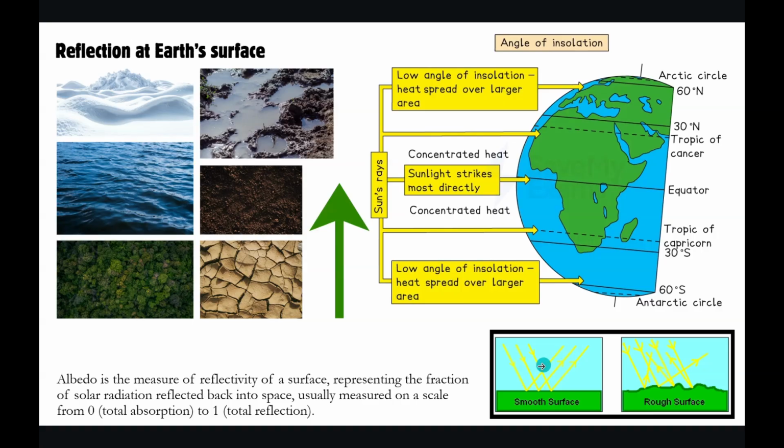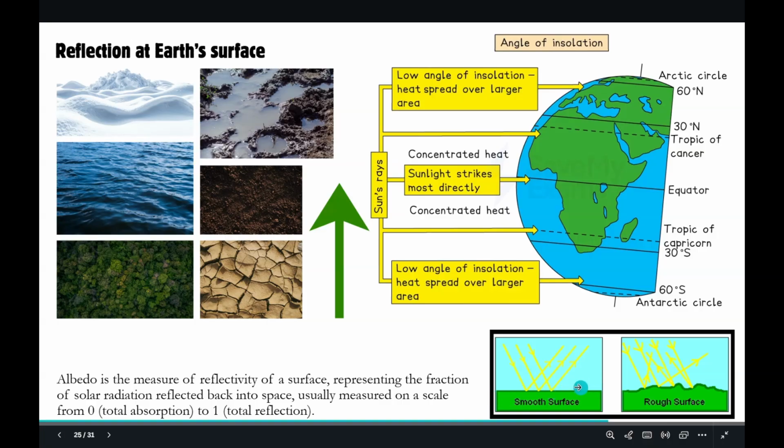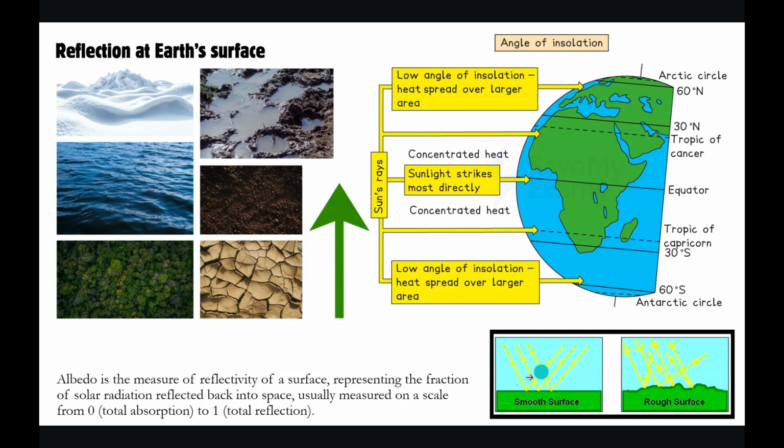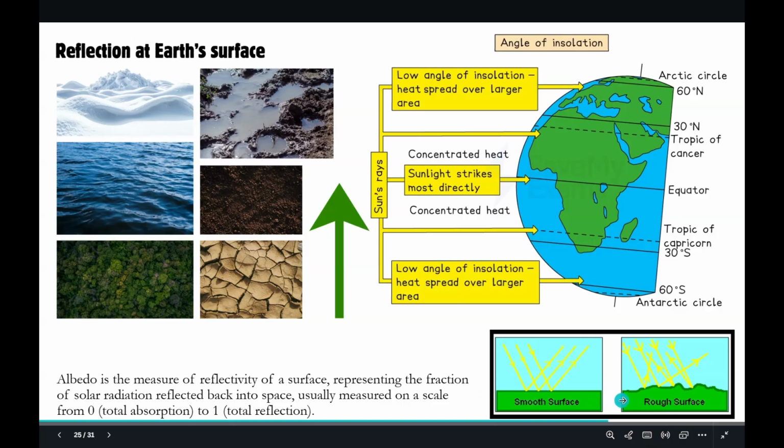Okay, so see here, this surface is smooth. So what happens is the angle at which all these radiations are getting reflected back is similar. The angle is the same. So now we have all the rays coming to our eyes at the same time. If we imagine that we are observing from here, whatever energy comes and gets reflected back from the smooth surface, everything enters our eyes at the same time. So we know that the distance is the same. That means it is smooth.